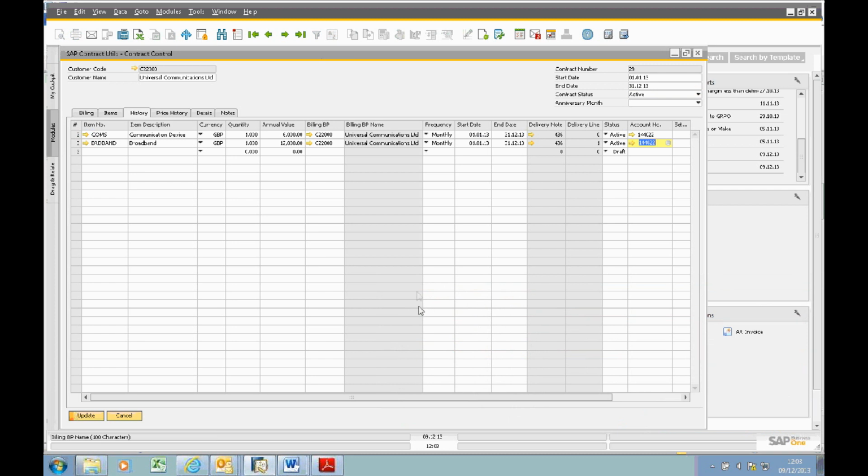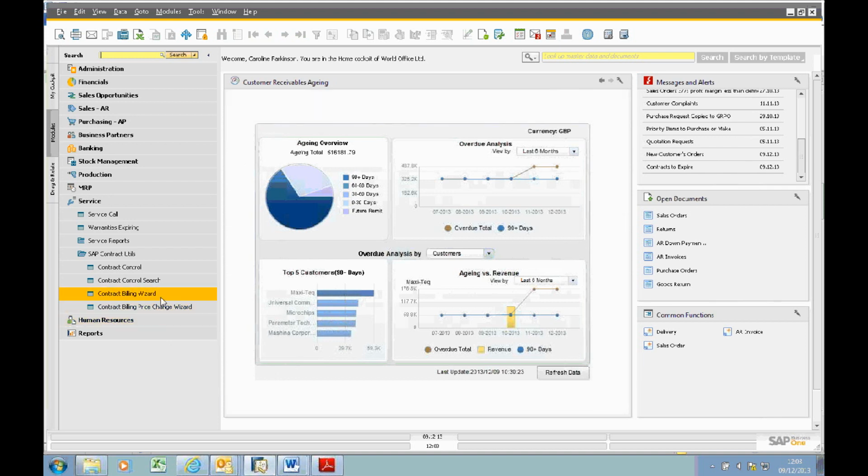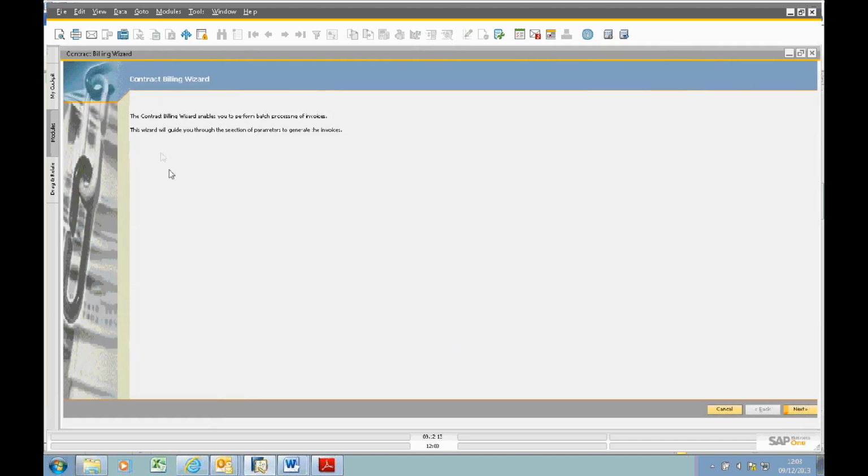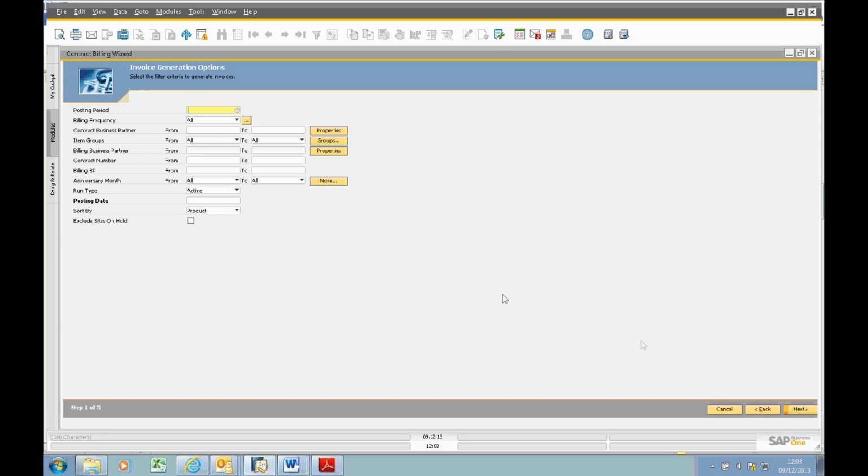Okay, so there we have that contract control master data now, and this is where we can keep all that information about the billing that's done each month. So what I'm going to do now is I'm just going to run the billing wizard, and upon clicking on that contract billing wizard option, the user just gets a welcome window. We click next, and here we have step 1, invoice generation options, and here we just have to select a posting period, and I'm going to go to January, and you've got different options here,